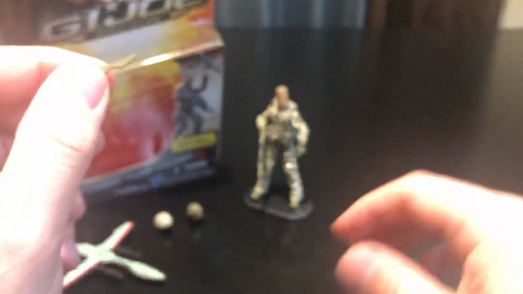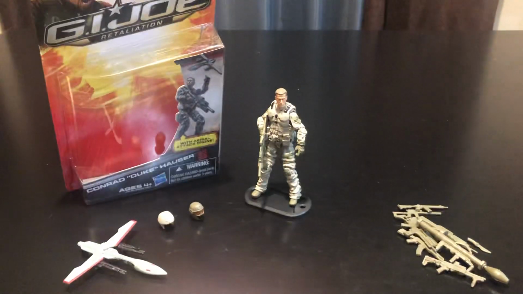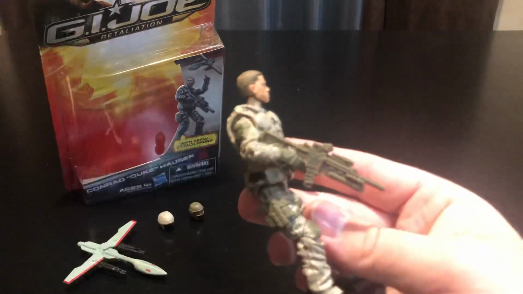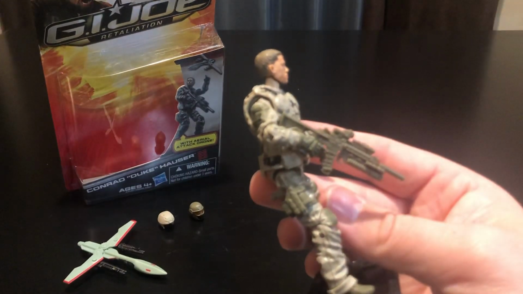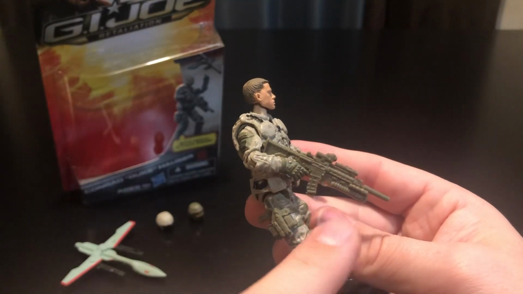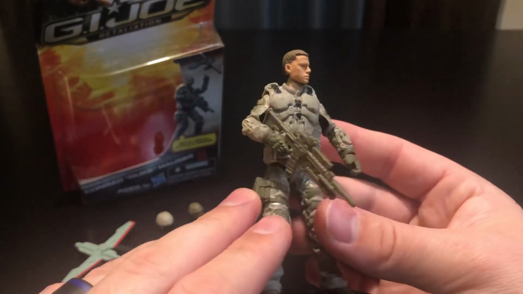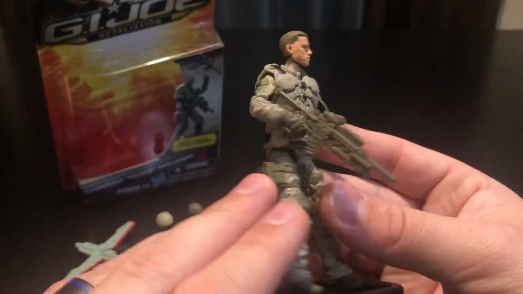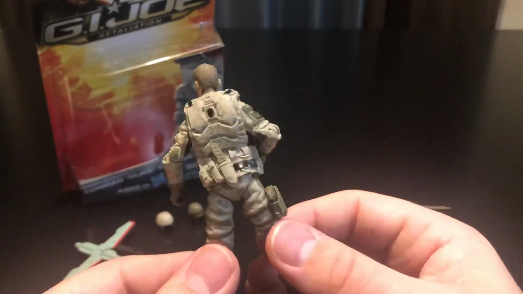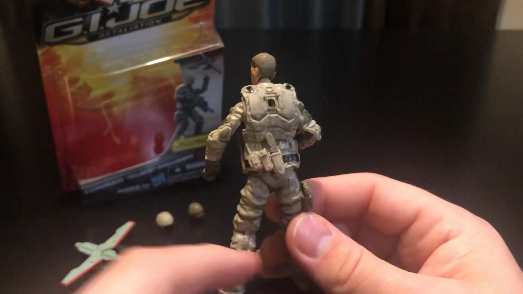Now, surprisingly enough, these are not all the accessories that came with the figure. Duke himself is carrying one of the weapons, which is a very customized M4 assault rifle with a really nice red dot. We've got a suppressor grenade launcher on there. Looking very tactical, very cool. In addition, he's got a pistol in his right holster, and then he's got another knife in the back of